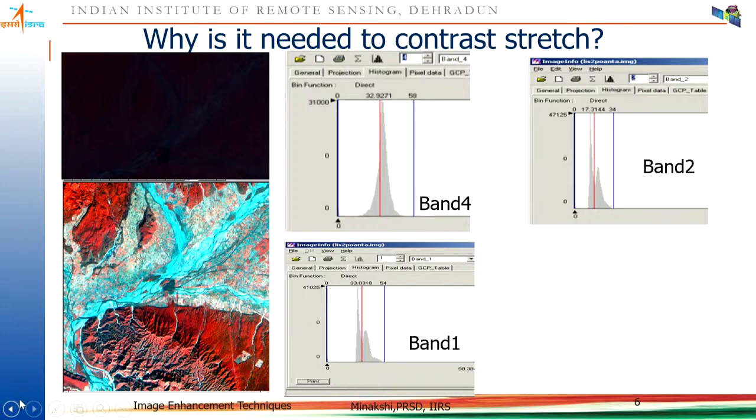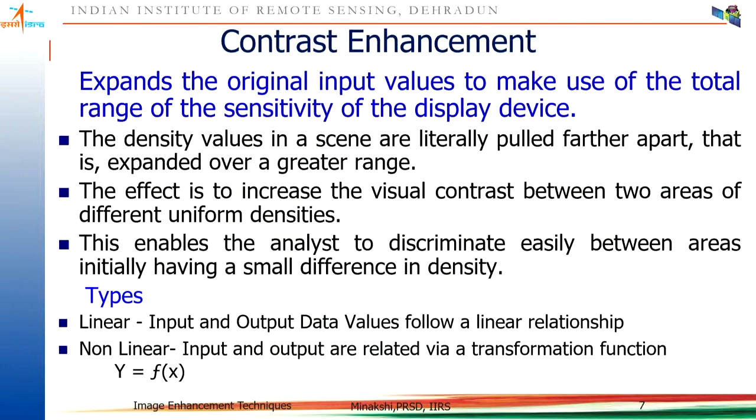So this was the image which I've shown in my previous sessions also. And here you can see, now you can interpret all objects: forest cover, river bed, water body, agriculture area, urban area, and so on. So this is the reason why we need to do contrast stretching on remote sensing data, even if there is no radiometric, no geometric error present in the image.